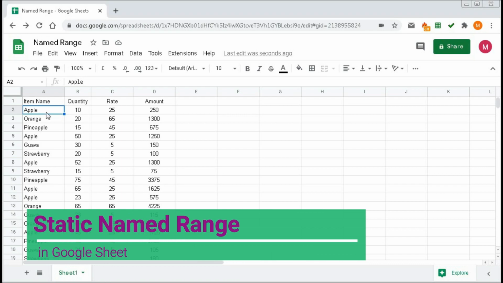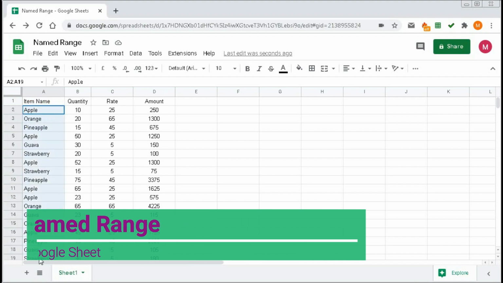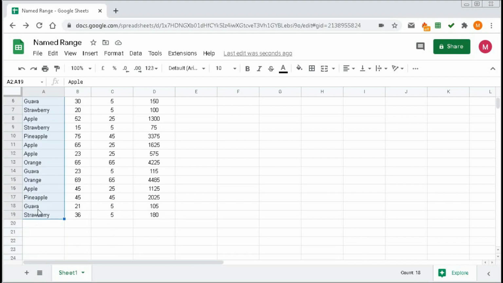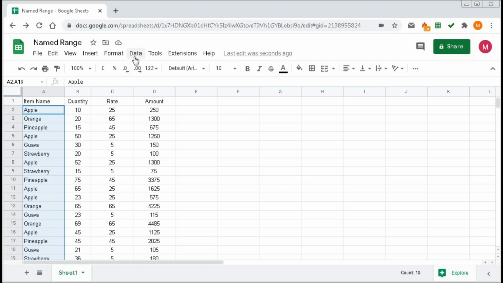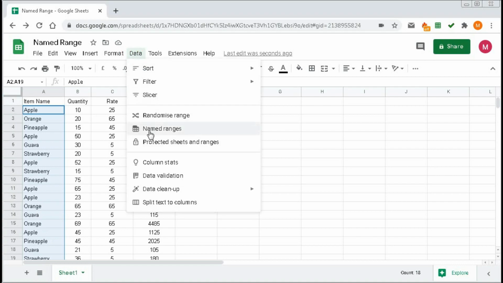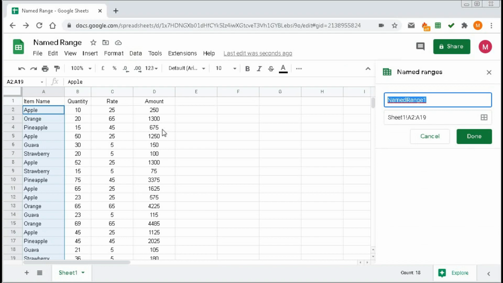So first, select the range you want to give the name. After that, go to Data, click Named ranges, and in this box under named ranges, you have to give the name for the range. But before giving the name, you have to be careful that you cannot use any space between the characters.